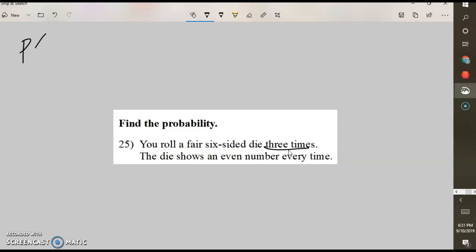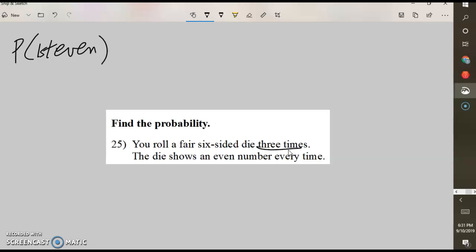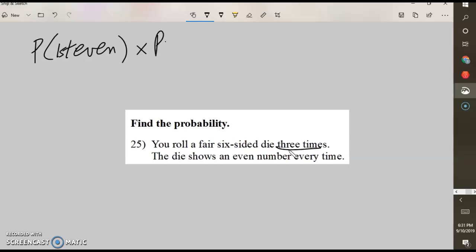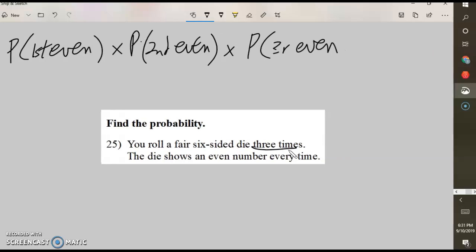So the probability of picking the first is even, and it is multiplication, times the probability that the second is even, times the probability that the third is also even. So the probability that the first is even is 3 out of 6, which is 1/2,